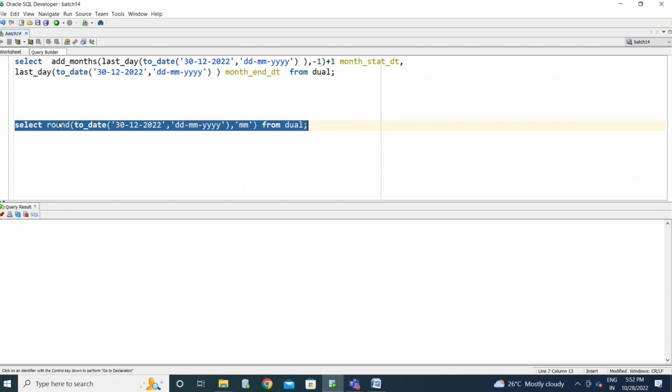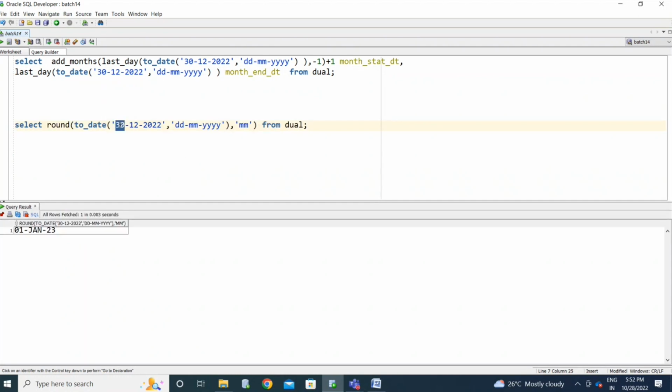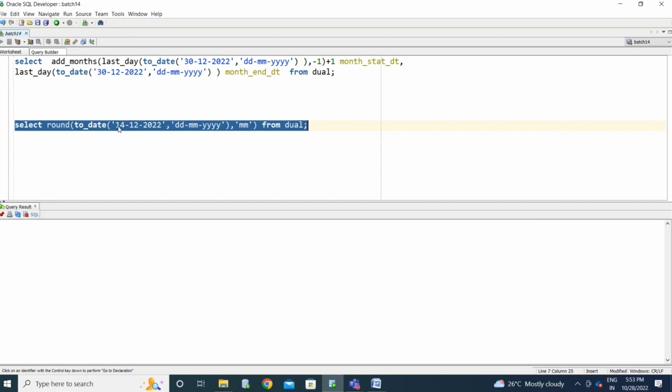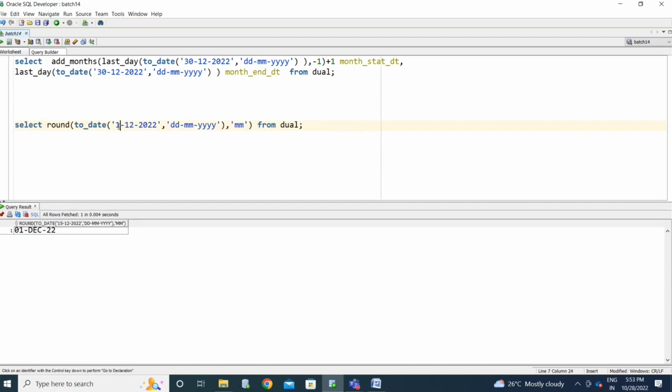See, now I'm in the starting of the month, 1st December. It is displaying the 1st December. Now, if I am on the 14th, it is the same; if it is the 16th, it goes to the next month.